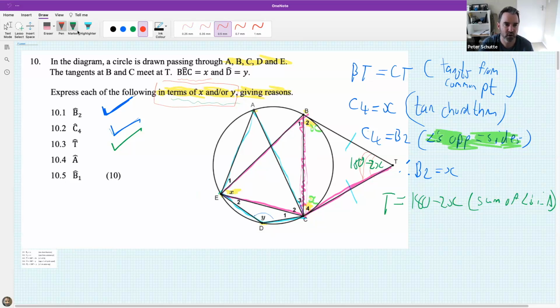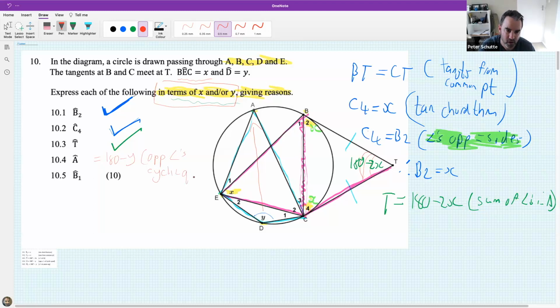Now if you know this is Y, isn't this the opposite angle in the cyclic quad? Yeah, they're supplementary, exactly. So what is the angle A going to be equal to? It's going to be 180 minus Y, and the reason is going to be opposite angles,